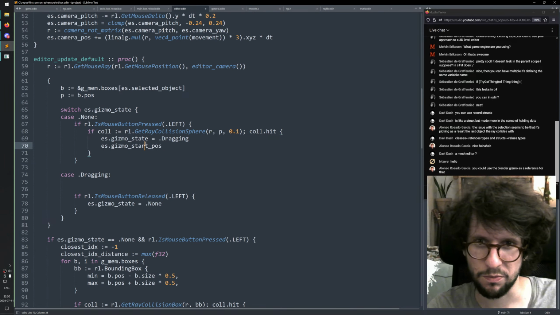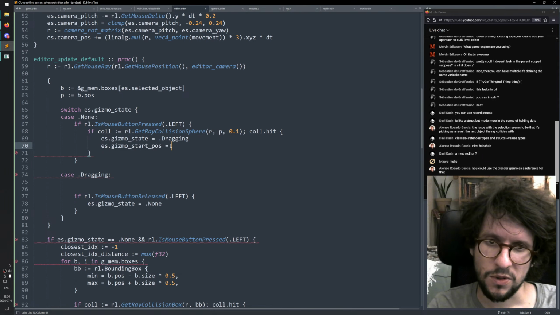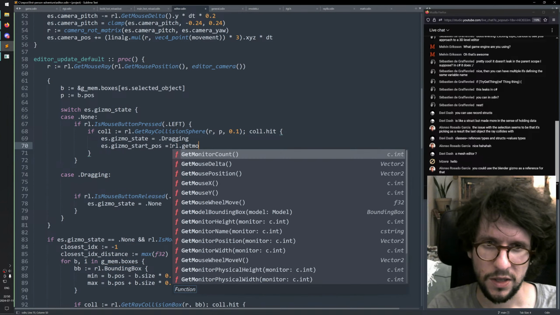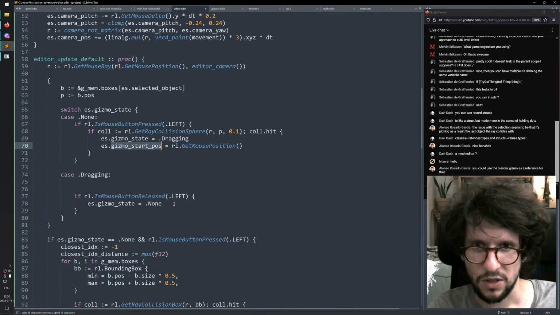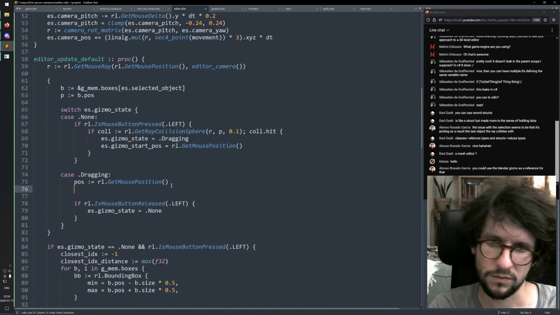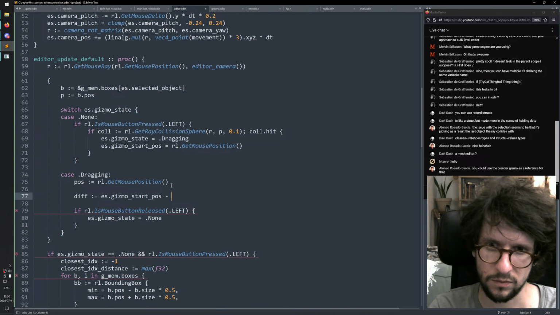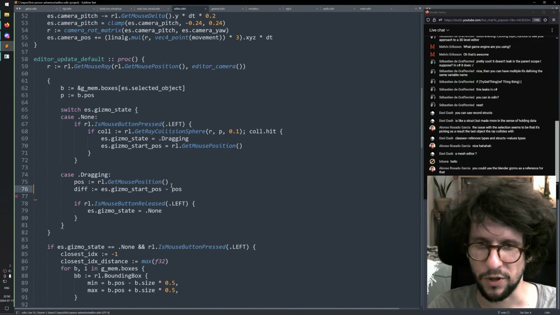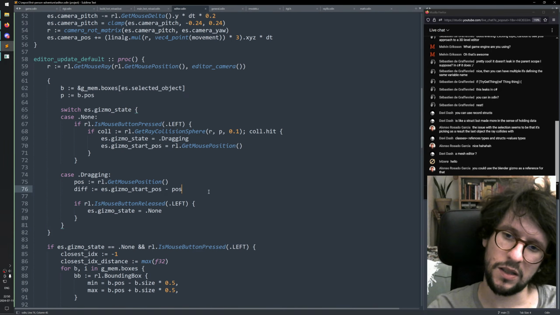I'm probably going to need to make my gizmo thing into a union so I can have different state for different gizmo states, but I'm just going to try doing this rl.get mouse position. That's the screen position it has, and then I can do this over here. So then I know how far away I am from where it started. And then